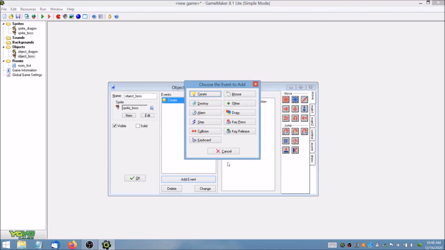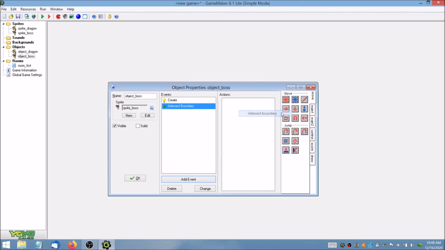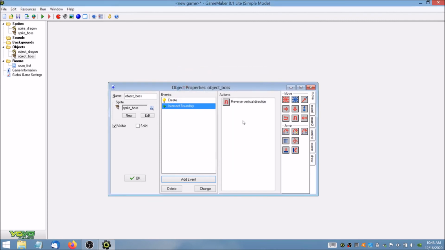Well, there happens to be an event for that, and it's in the Other category. We want Intersect Boundary. This covers both things. And there's a move action here for Reverse Vertical. Click OK. So when it touches the edge of the screen, when it touches the boundary, it's going to reverse